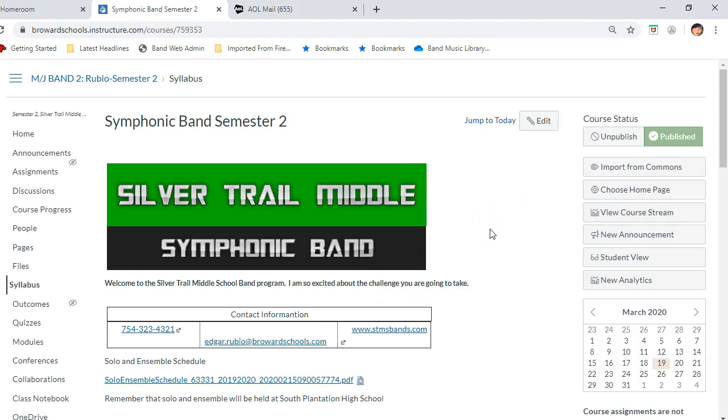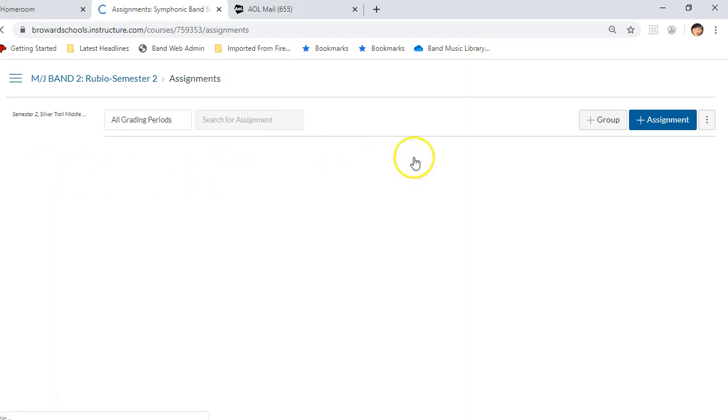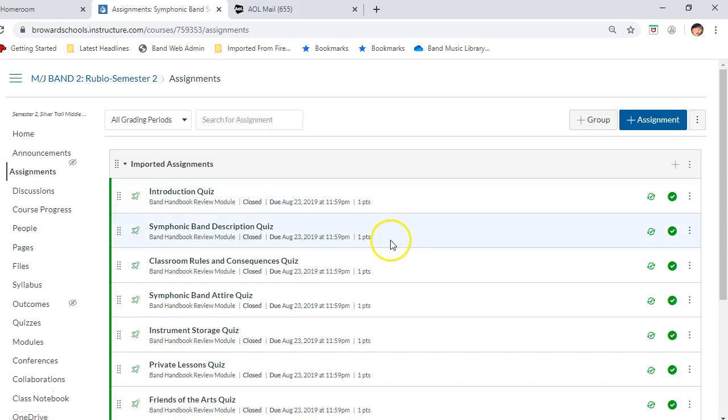Now, to set up an assignment, you would go over here on the left-hand side of Canvas where you're going to see assignments. Now, what you see here are assignments that I had already done previously with my class, and we did these back at the beginning of the school year. But you would click on the plus, the Add Assignment tab,